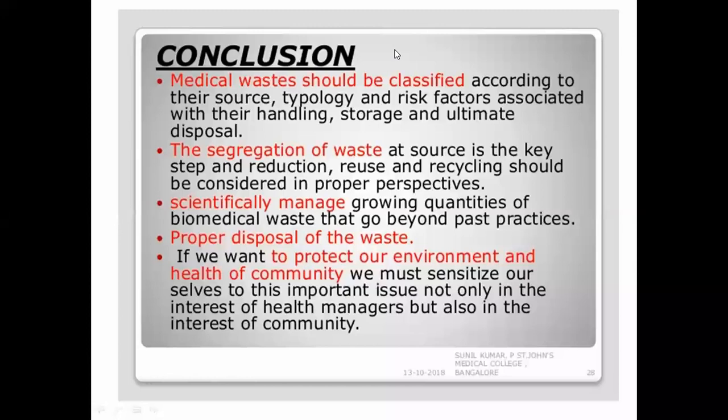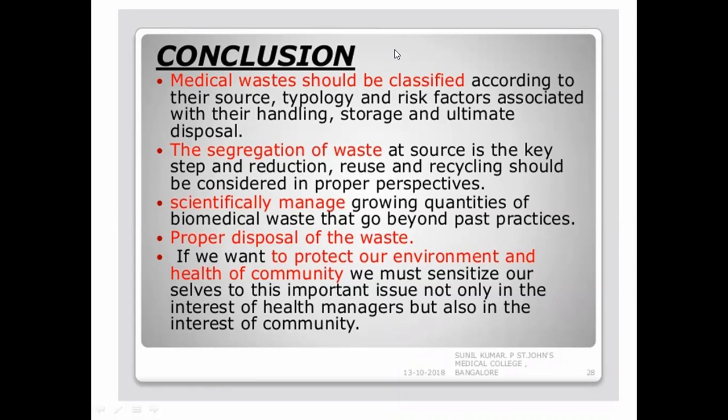While picking up gloves, you might hurt yourself with syringes, and you don't know whether the syringe has been used on an HIV patient, a hepatitis B patient, or any kind of patient. Once you get pricked, you will be infected. It will be troubling so many people. It is not only you as the segregator, there are so many people working on biomedical waste management. So that is why we segregate it. We put it in different bins so that it is easy for the person to pick up, easy for loading, and easy to segregate.